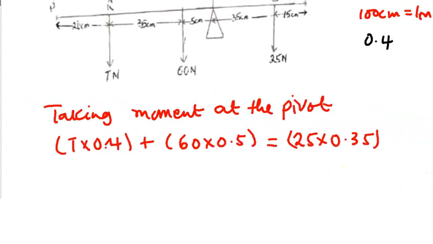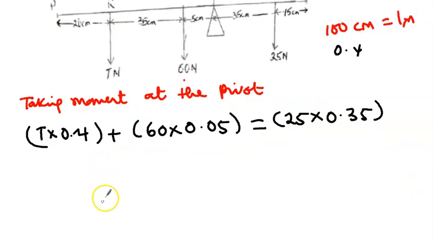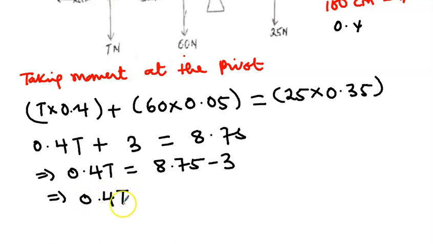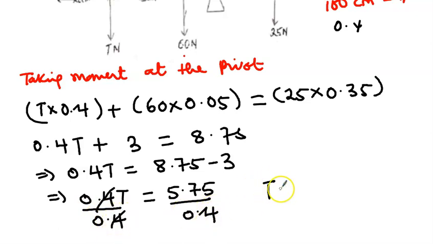Let me remind you that we are using the principle of moment, that is, clockwise moment is equal to anti-clockwise moment. That is the principle that we are using here. So we have 0.4T plus 60 times 0.05, which will be 3, equals 25 times 0.35, which is 8.75. We want to find T, so let's move this to this side. So 0.4T will be equal to 8.75 minus 3. This implies that 0.4T will be equal to 5.75. So we divide both sides by 0.4. So our T becomes, when you divide, 14.38